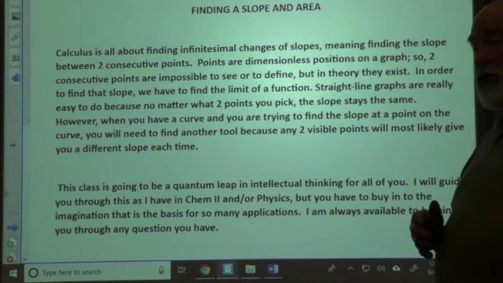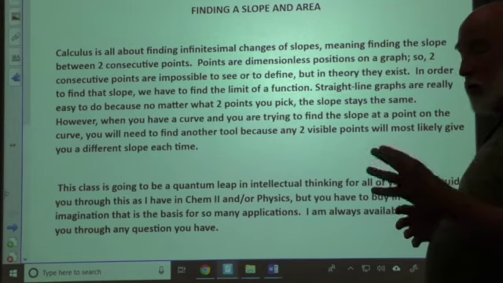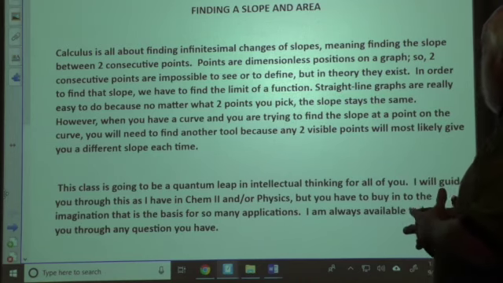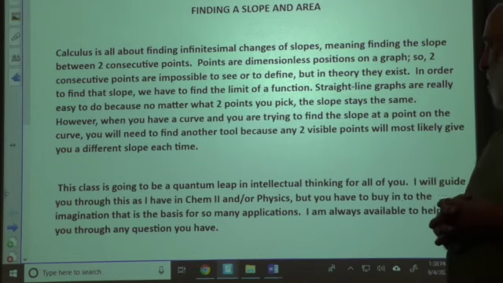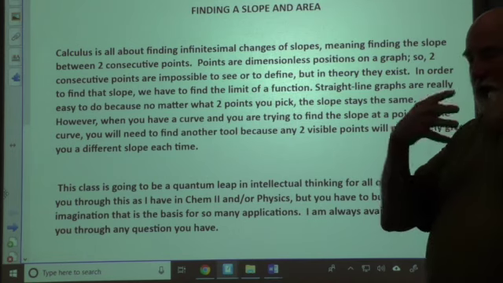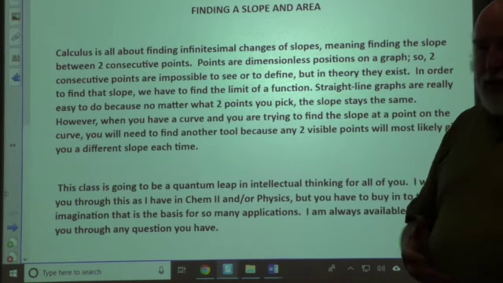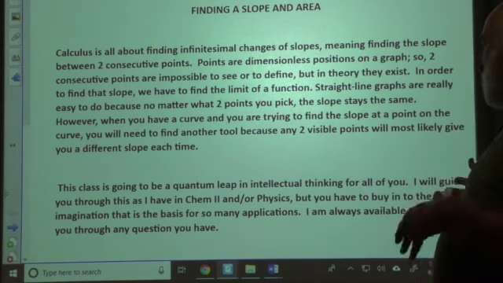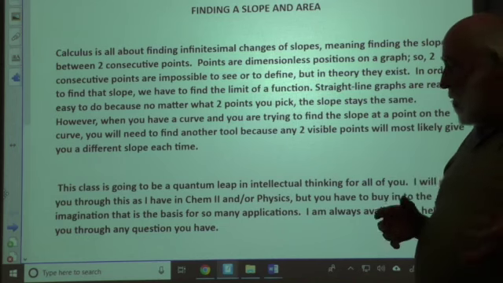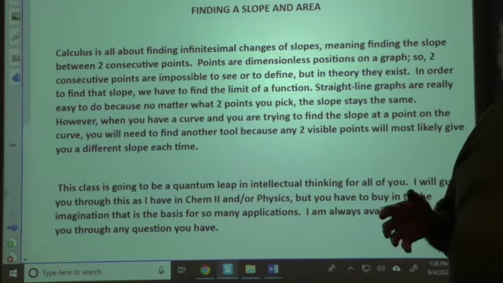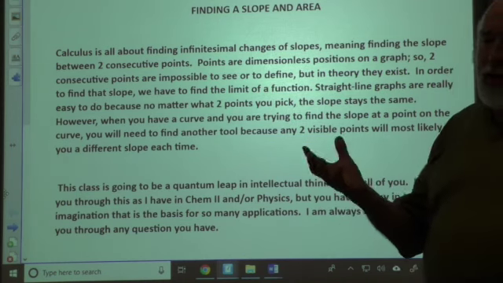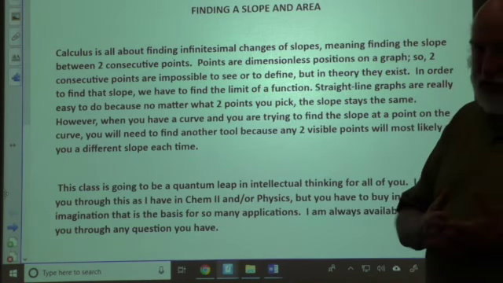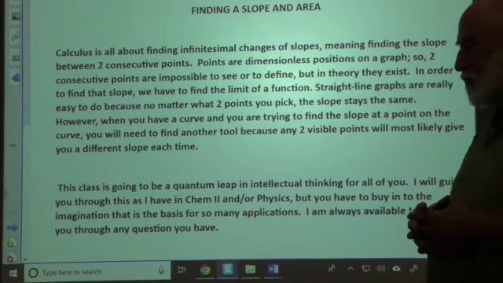I will guide you through this as I have in Chem 1, or I'm sorry, Chem 2 in physics. But you have to buy into the imagination that is the basis of so many applications. You have to kind of visualize what they're talking about. I am always available to help you through any question you may have. And I'm sure there will be questions, and I will try to find more than one way to explain it so it will make some semblance of sense. Now,